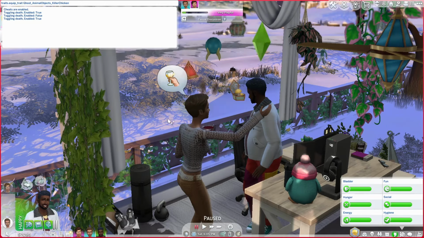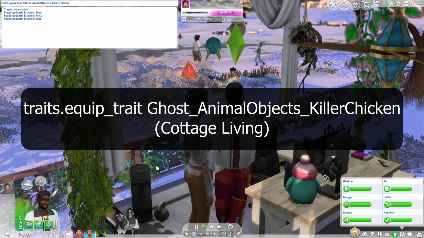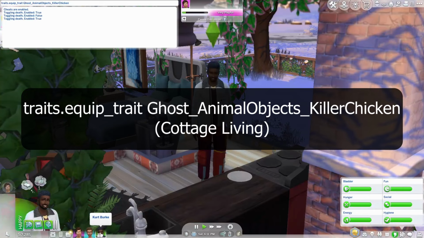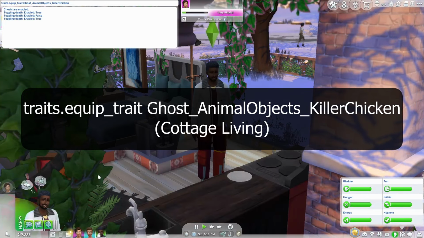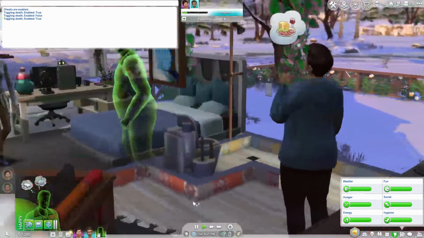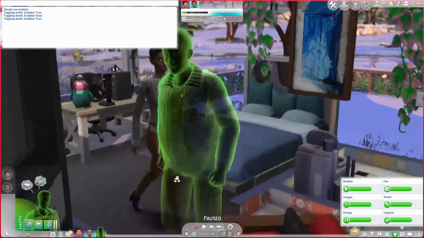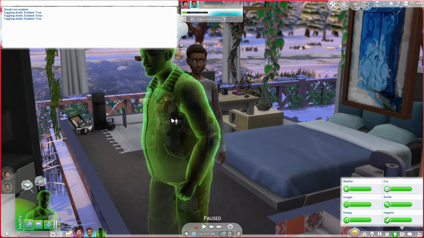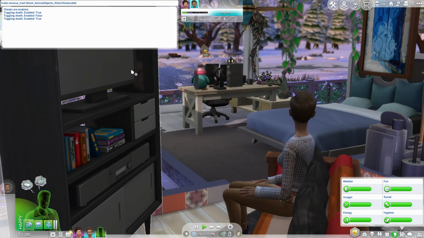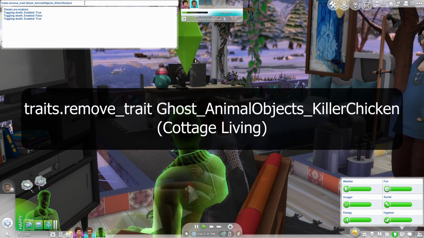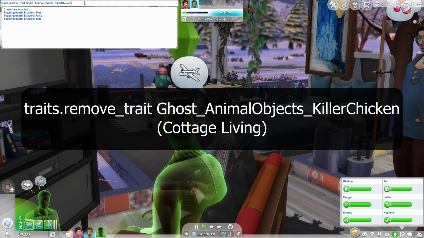The next ghostly trait is traits.equip_trait space ghost_animal objects_killer chicken. It's a long one, but that turns your sim into a ghost of someone that has been killed by a killer chicken, and you will see in the Ghost Sim's chest the head of a killer chicken. And of course, to remove this ghostly trait, it is traits.remove_trait space ghost_animal objects_killer